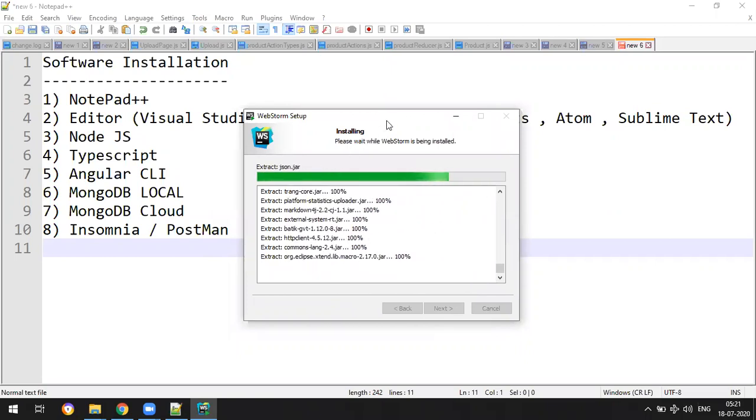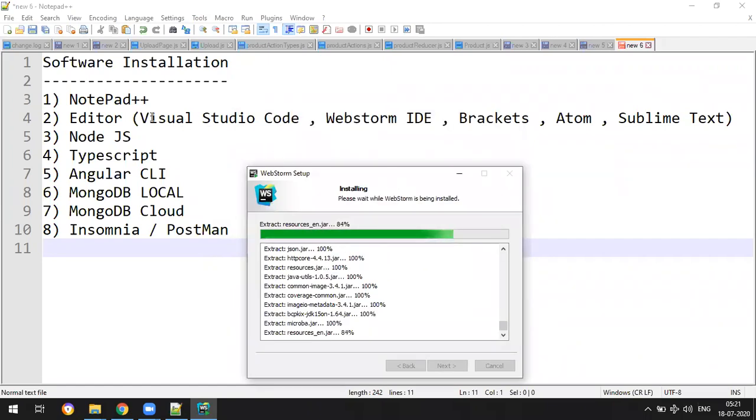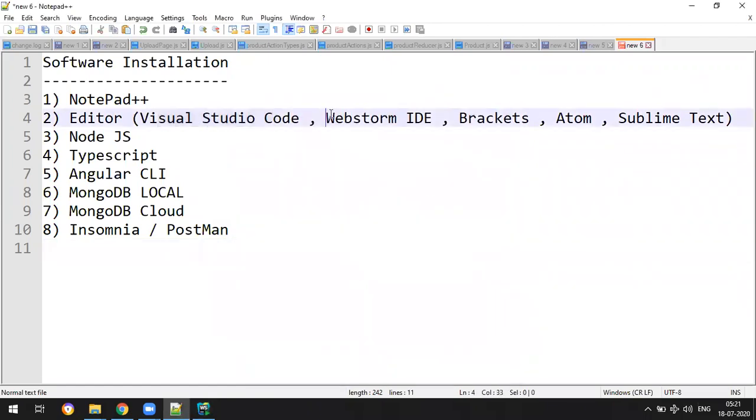Okay, so before that, I will just tell you the difference between VS Code and WebStorm IDE. VS Code, Brackets, Atom, Sublime Text, everything comes under editor. They are all called editors except WebStorm. WebStorm is called an IDE, that is Integrated Development Environment.